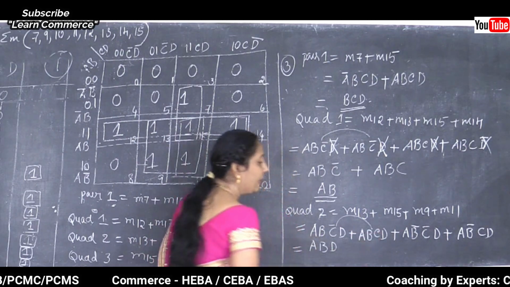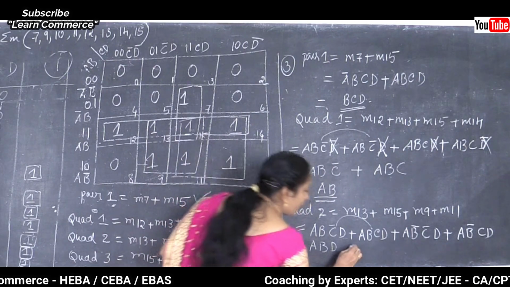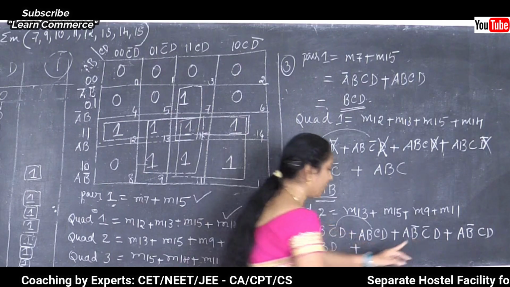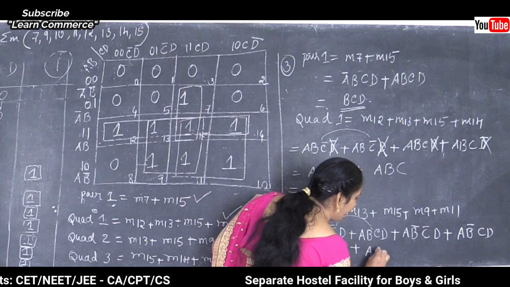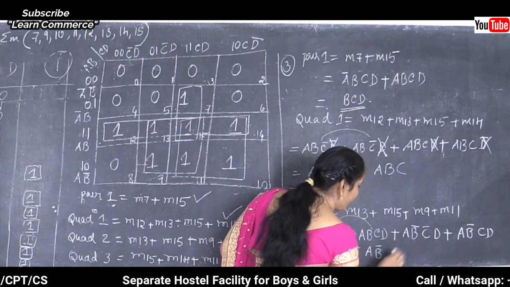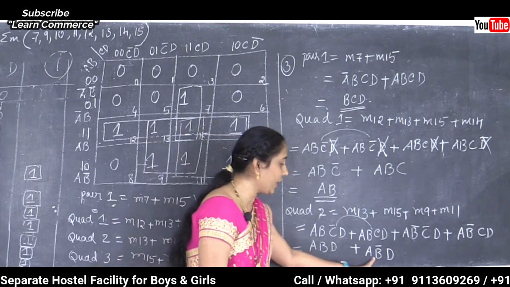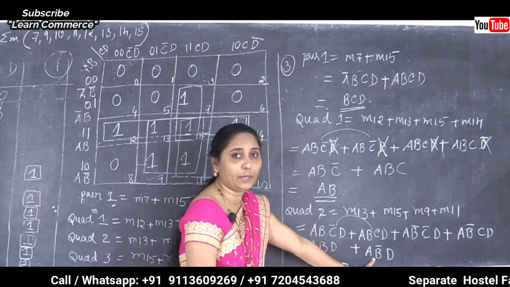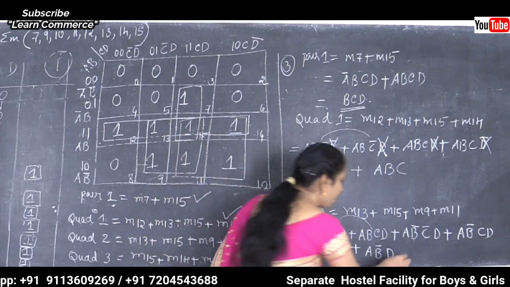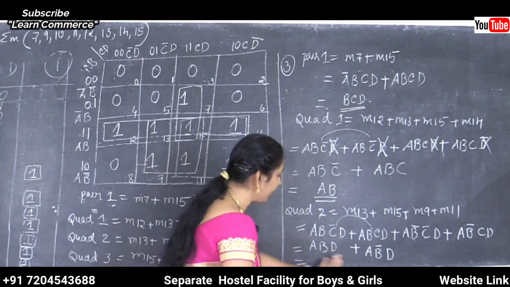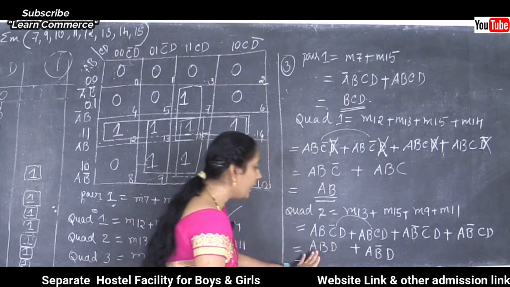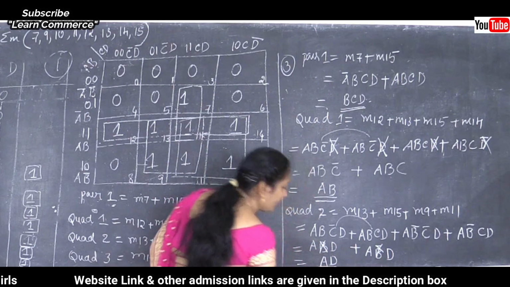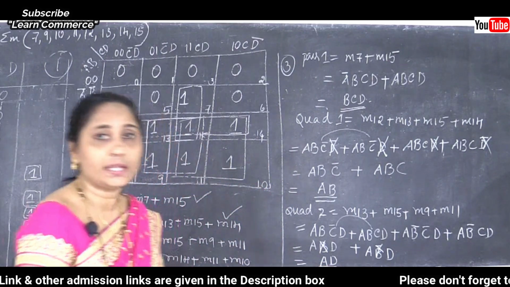Okay, when you are going to compare the first expression and the second expression, and next one also we need to make the comparison in between the third and the fourth. So A has no effect, B value also has no effect here, but we need to remove the C. So when you are going to compare the third and the fourth expression, the result is A complement B and D, but also it is not the final result. The final result, we need to make the comparison. When you make a comparison, we need to remove the B variable, so we will get the answer A, D. Clear this point here? So the answer is A, D.